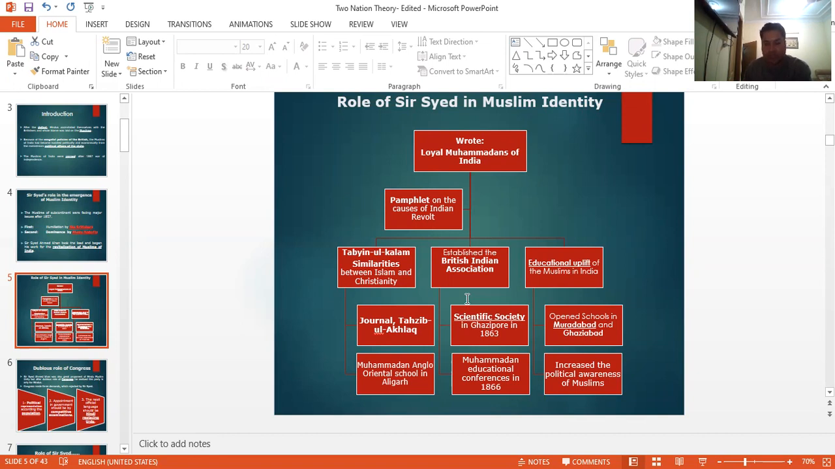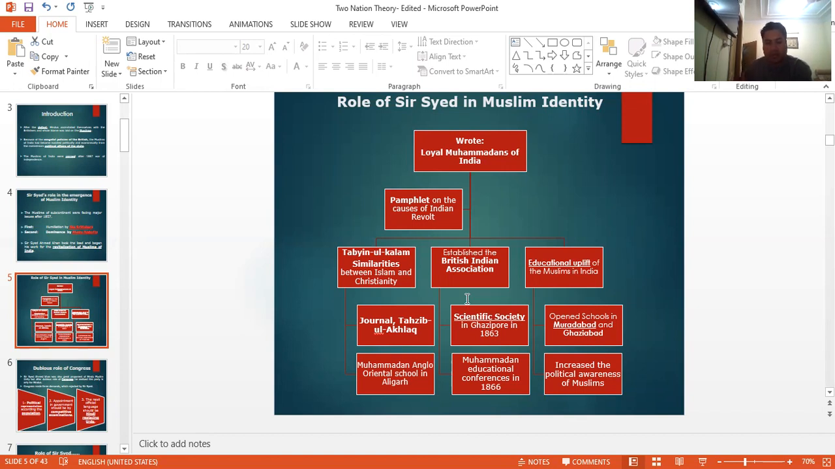Muslim Aligarh University, you can say. And most of the Muslim leaders emerged from that particular institution. So Syed Ahmed Khan played a very important role in the revitalization of the Muslims of the subcontinent, and his idea was that Muslims